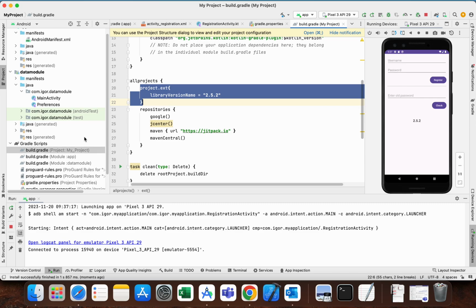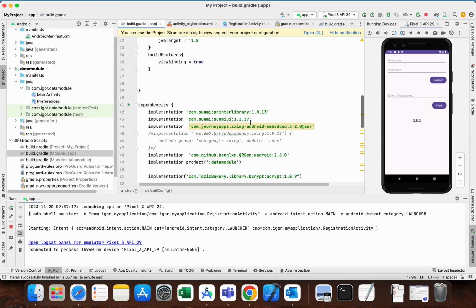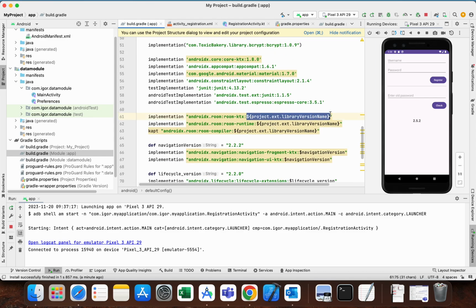I use this approach because I wanted to have a variable in only one central place. We could do this as well, and here also delete this and use the 2.5.2 string. However, in that case, when you would update your dependency, you would need to update it in two different places, and that's not a good approach because the programmer can easily just update it on one